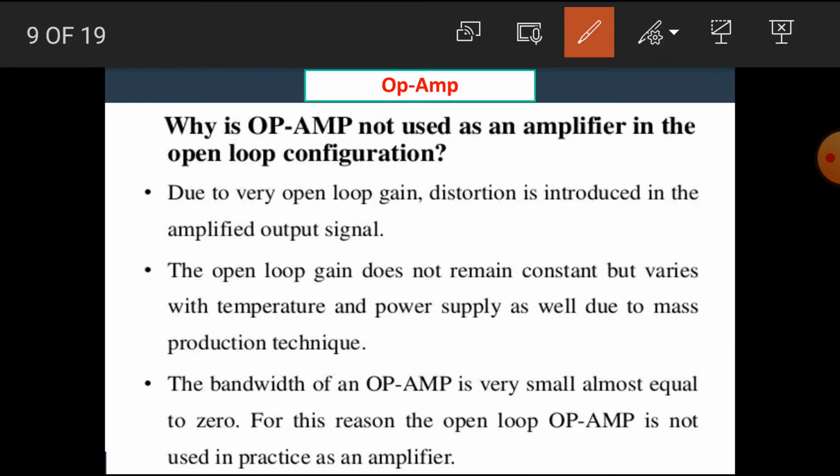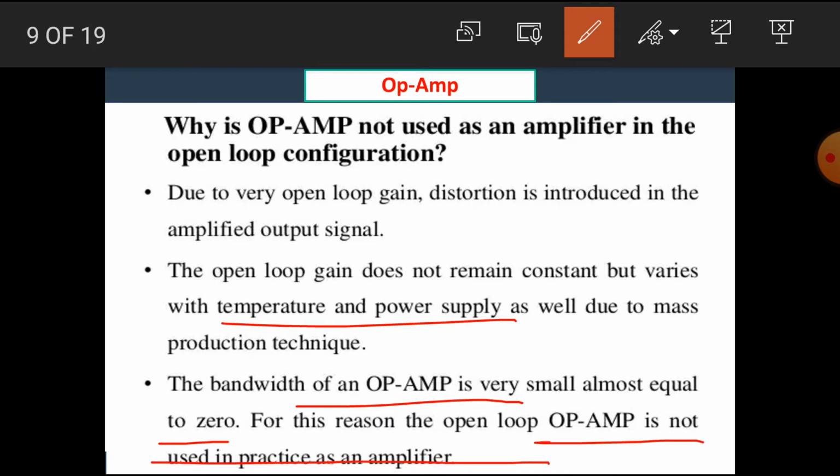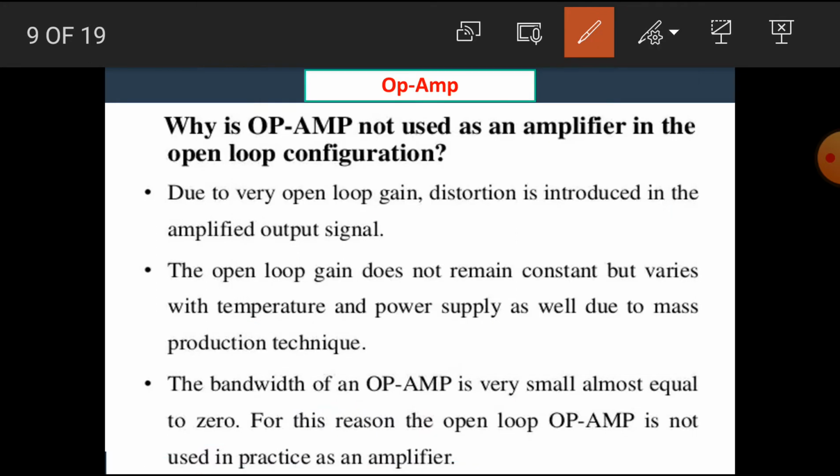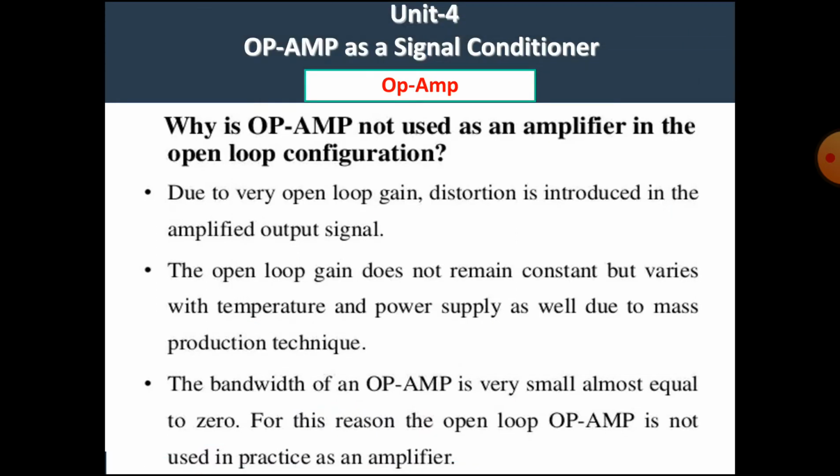That is, the gain is not stable due to temperature and power supply fluctuations. The bandwidth of the op-amp is very small, almost equal to zero. For this reason, the open loop operational amplifier is not used in practice as an amplifier. Okay, I hope you all understand why the open loop configuration is not used for amplification purposes, because